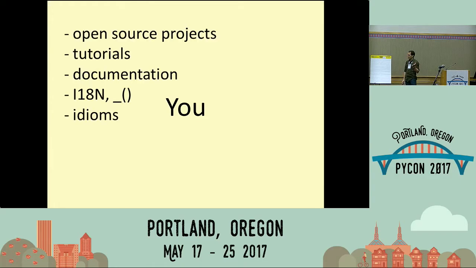I also want you to take away this mentality in your own work. If you maintain open source projects, think about how you can expand your audience beyond people who have English as their first language. If you create tutorials, think about who could take this existing tutorial material or blog post and translate it to other languages.